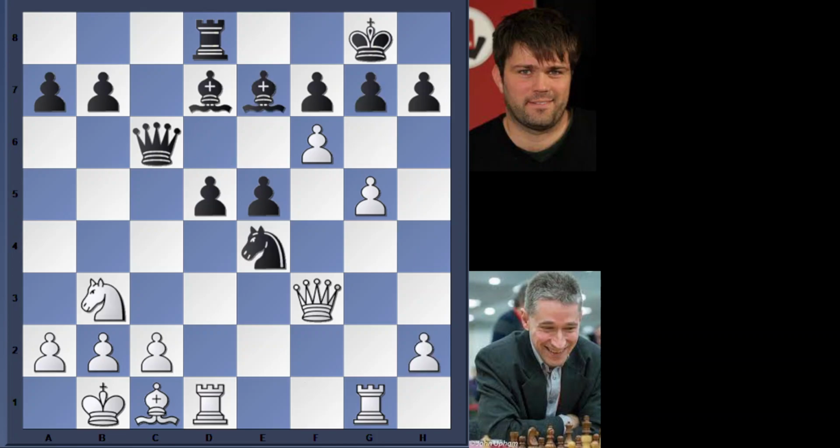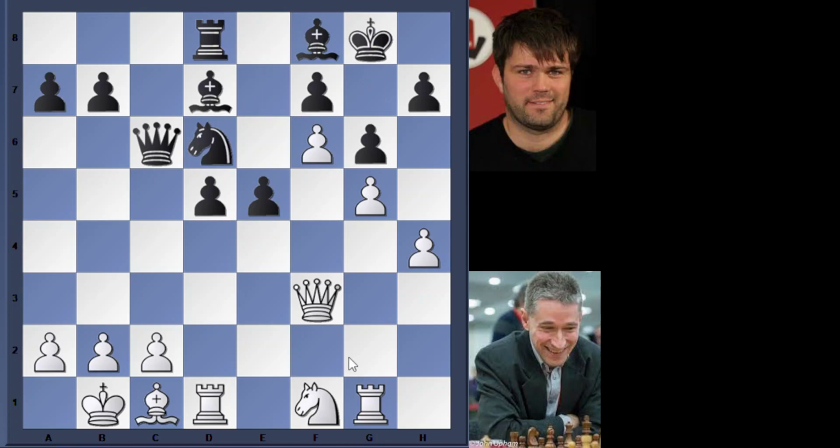And, oops, sorry guys. Knight f1 was played, and there's the threat against this pawn. You see the rook on d1 and queen here on f3 attacking this pawn. Better move though is c3. c3 is a better move, already putting defensive measures in place. Because after knight f1,